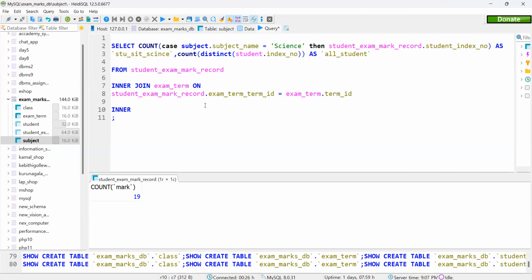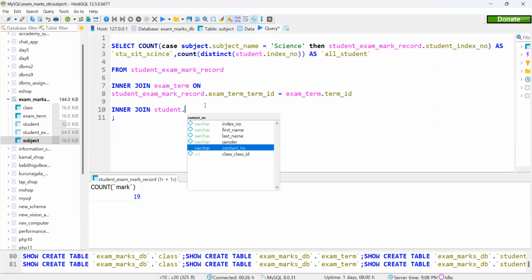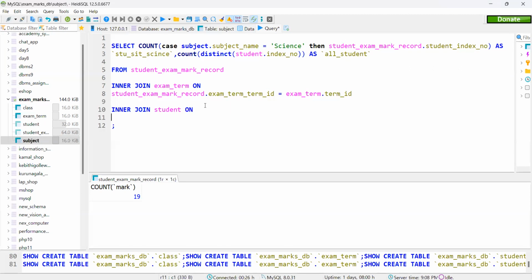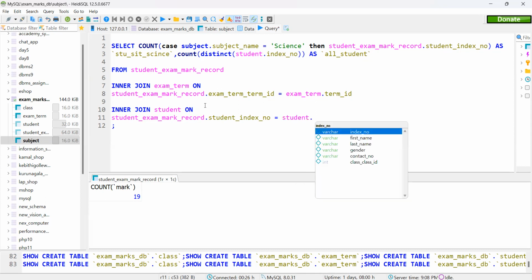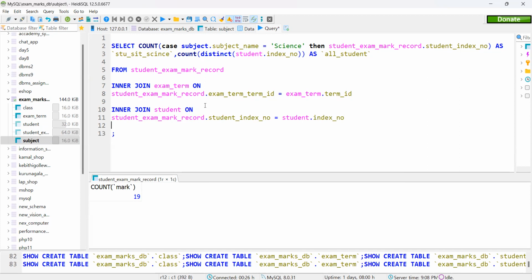Therefore, in our student table, student on our student mark record student index number column, which equals the student table index number, and we have to join